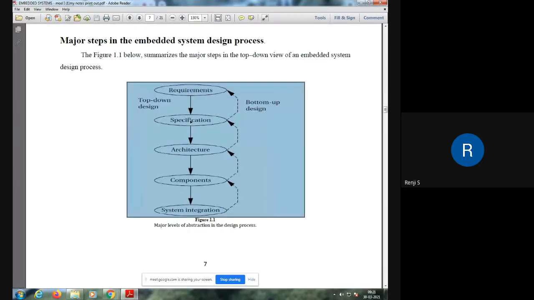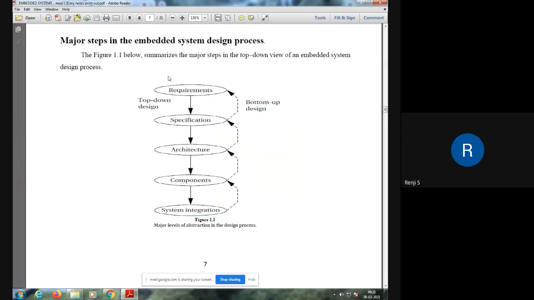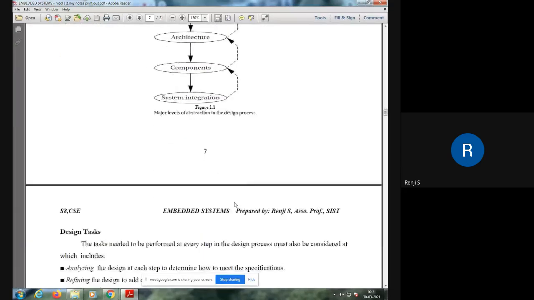So it can be asked in phases also, or they can ask what are the requirements to be met by a GPS system, by a moving map. So depending on the question you should answer. If only one phase, only one step is asked, then write in detail about that phase or that step. If the entire process is asked, you have to give a summary of all these phases along with the figure.